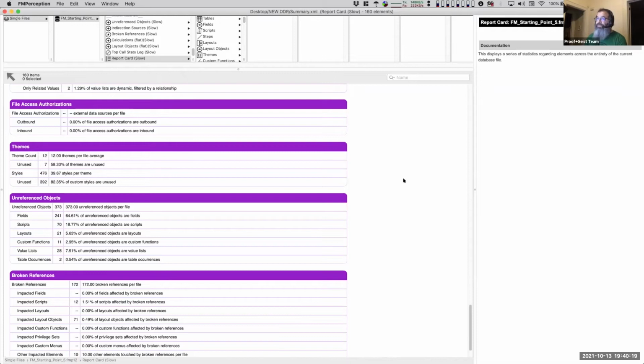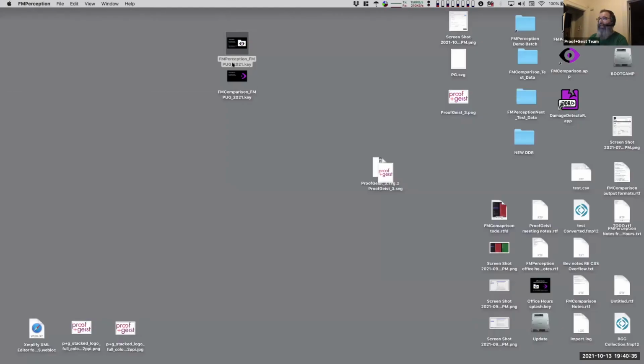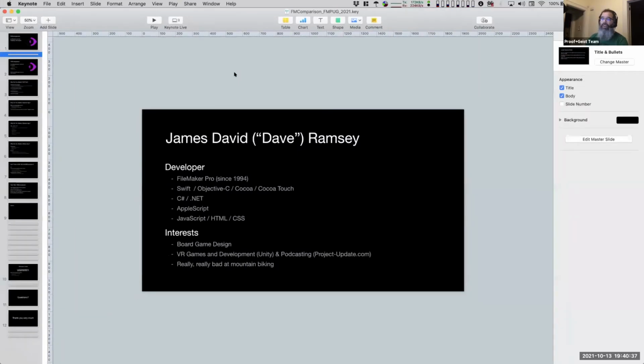Now, one of the cool things about that is your support is very shortly going to include FMComparison. And FMComparison is a completely different tool. It is included with FMPerception,